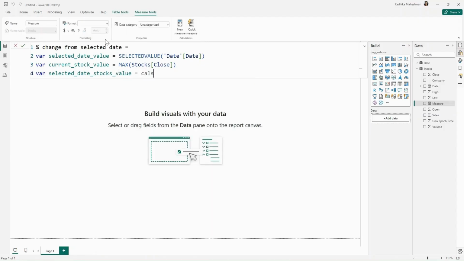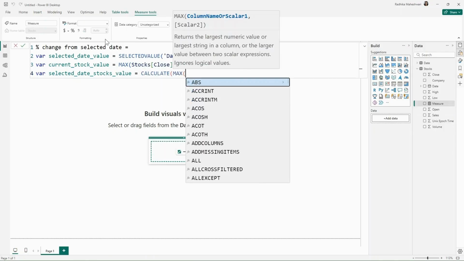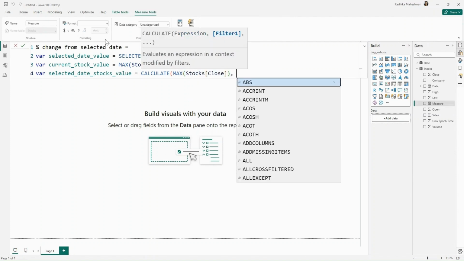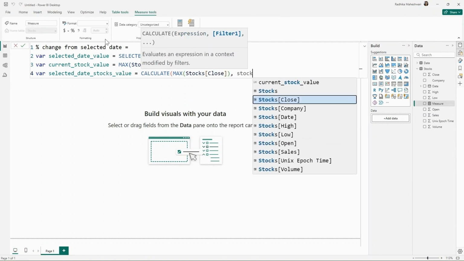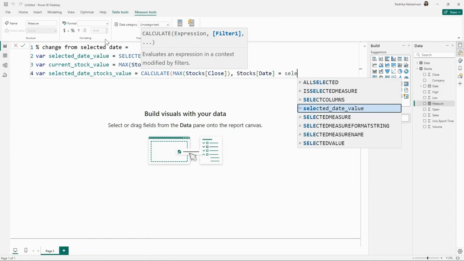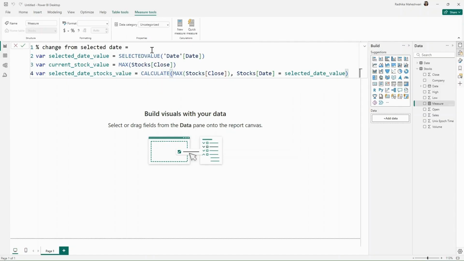So we just need to calculate the max close price when the stocks date is equal to the selected date. So the date coming from the stocks table, when is that equal to the date that is selected in the slicer, which is coming from the dates table.